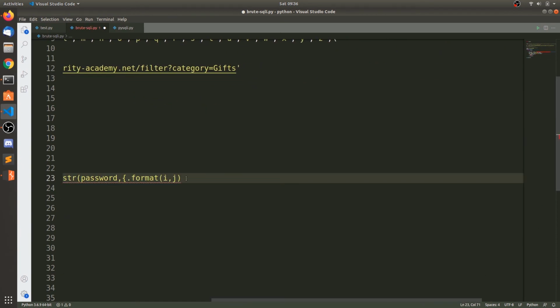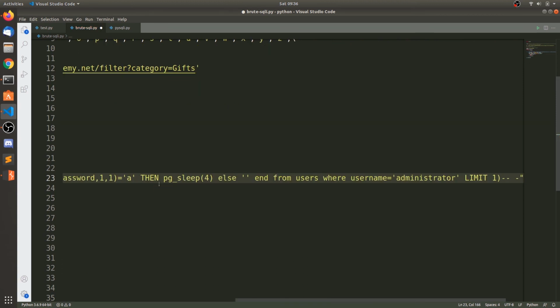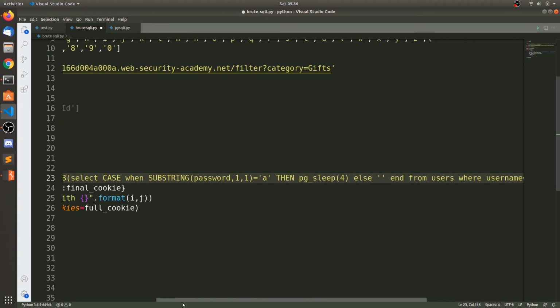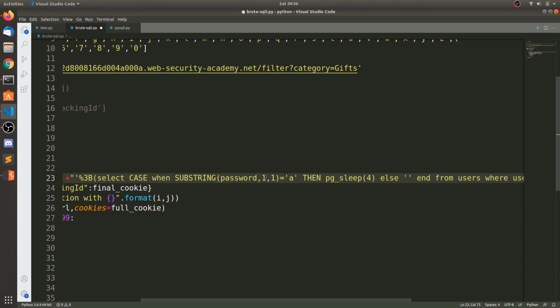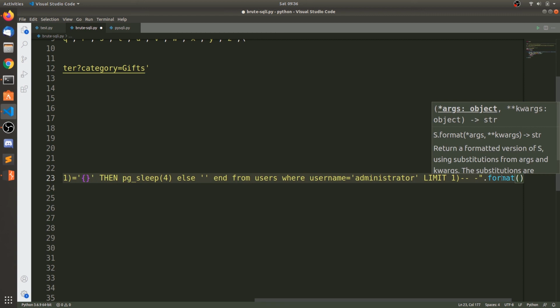Delete this. We paste here. So what positions you need to brute force? This one and this one. So this should be simple. And let's say dot format of i comma j.